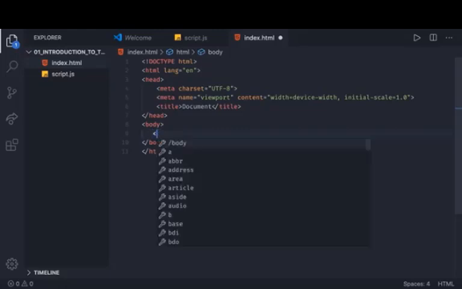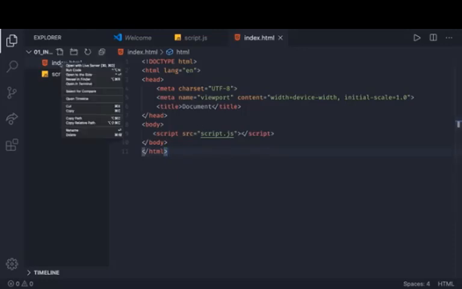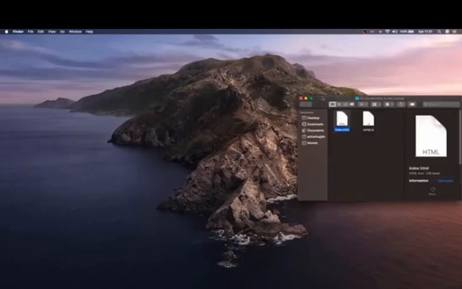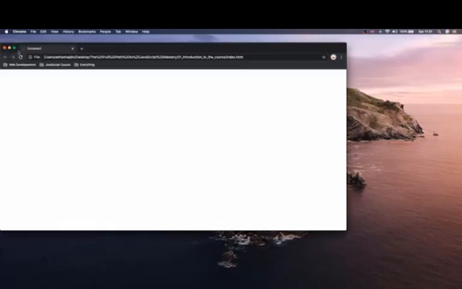You can add it just above the closing body tag, so right there. You can type script, and right here, before the closing of the opening tag, you can type src, which is going to be equal to script.js. This now means that our files are connected. You can now right-click the index.html file and then click Reveal in Finder or in File Explorer. Now this is going to pop up and you can just double-click the index.html,